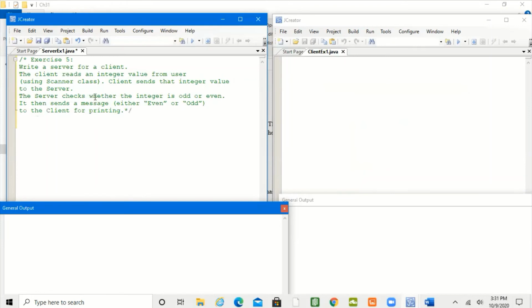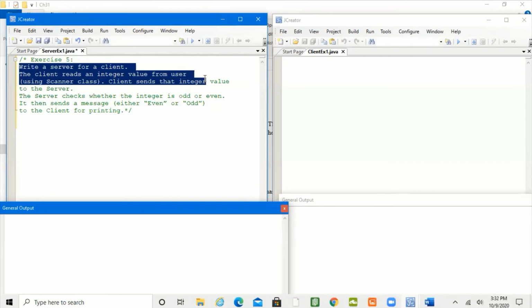Good morning. In this exercise, we will be looking into client-server network programming, where this is the question which is uploaded in the Blackboard. Write a server for a client. The client reads an integer value from the user using the Scanner class, and sends the same integer value to the server.